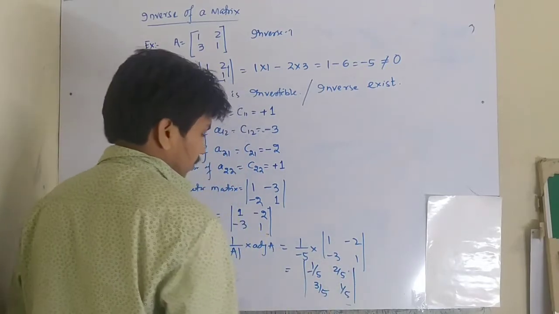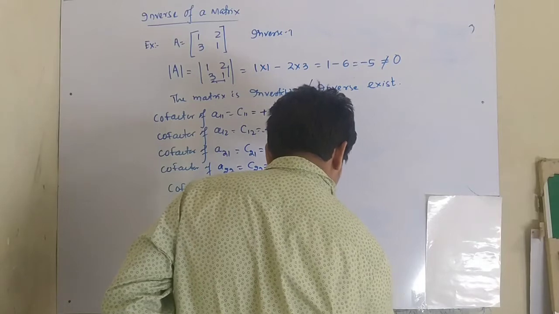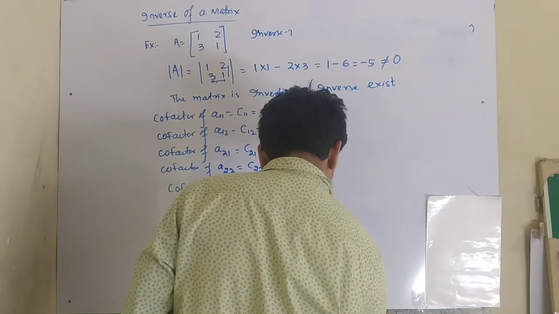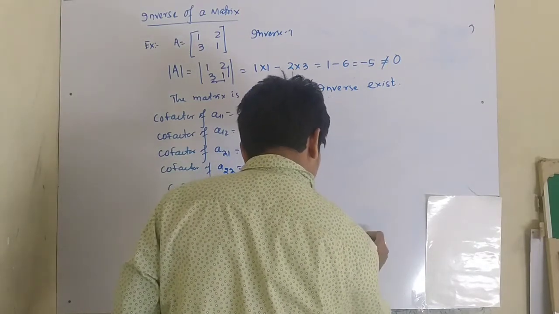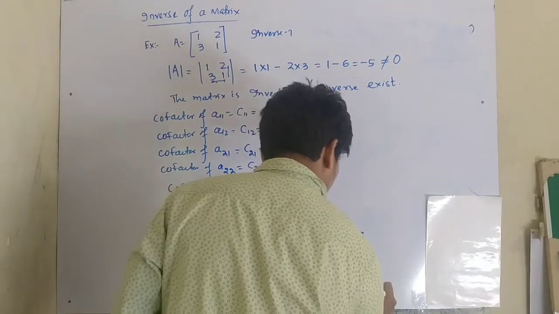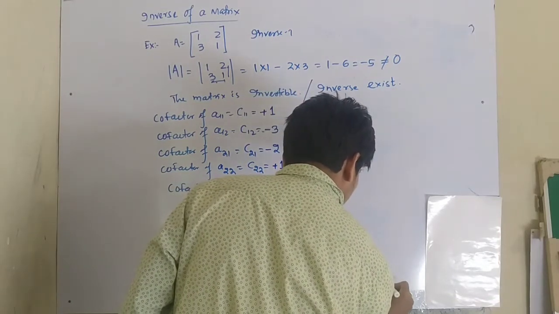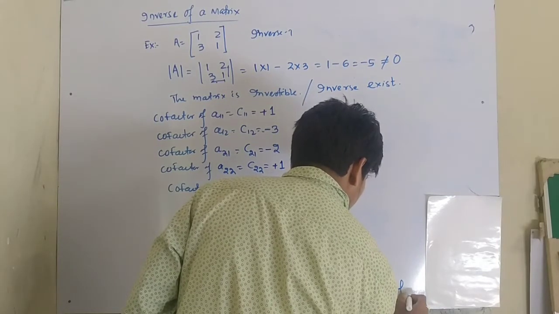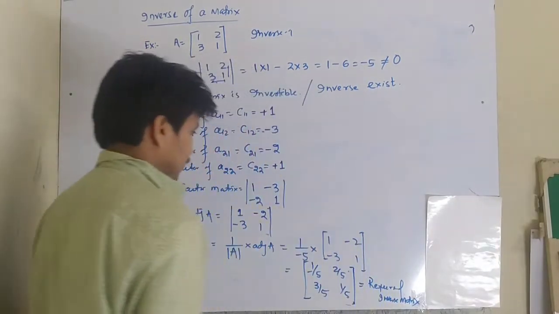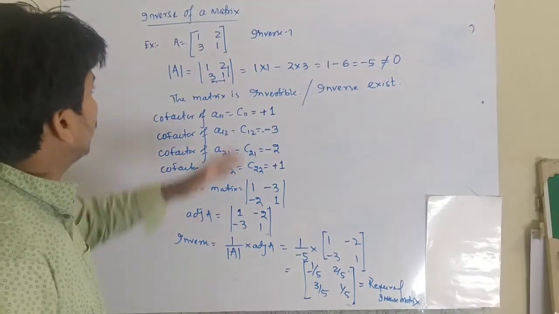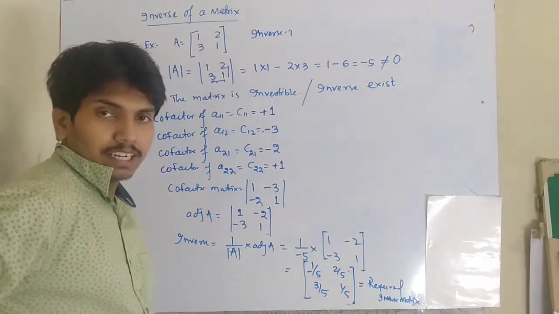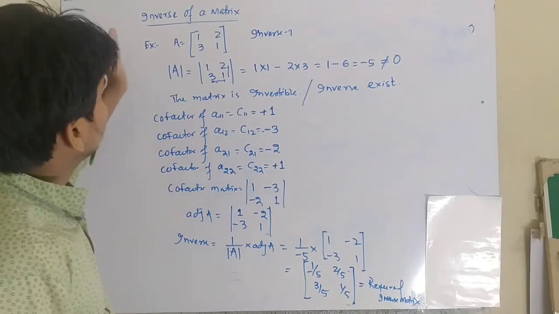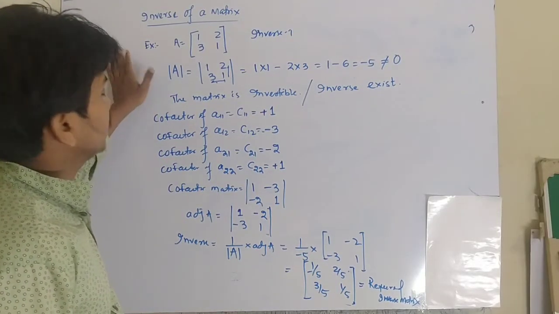This is the inverse matrix. So this is the way of the second order matrix, and now I am going to elaborate a second example,